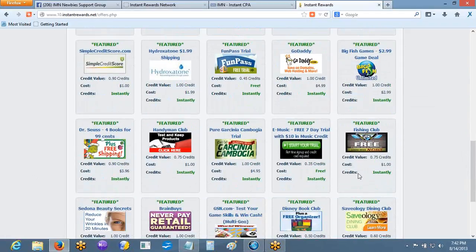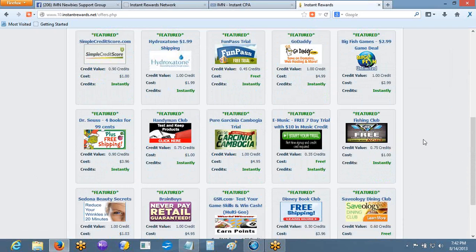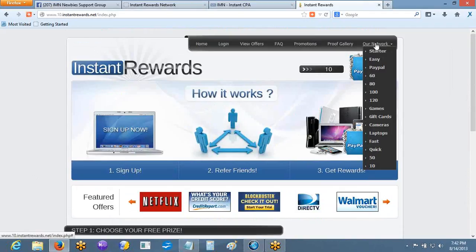If you just kind of go through these and look through the offers on the little 10, that's an extra $10. If you can get them to do the starter and the easy, that's 20, and 20 more, that's 40. If they do the 10, that's another $10. They're easy to do. Here's the problem a lot of people run into. When they go to, let's say, the 60 or the 80 or the 100 or the 120,